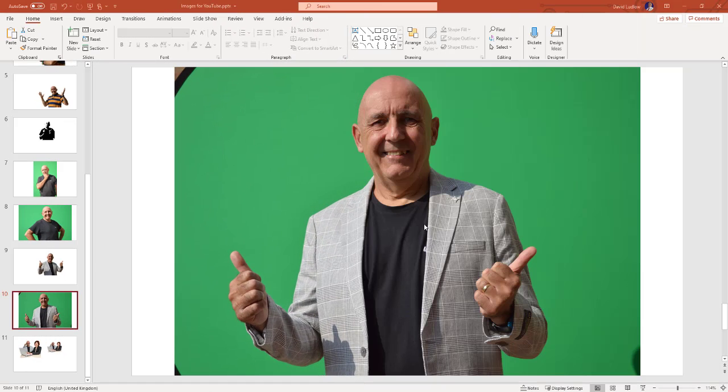Sometimes when you're dealing with pictures and photos, you want either an object or a person that's within the photo to appear with the background transparent. So the way to do this, and it doesn't really matter whether you've got a green screen like I've got here,